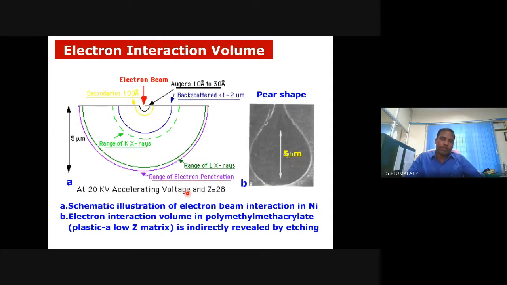This is another version. Someone has imaged that interaction itself. You see how crazy people are, working on the electron magnetic field. We are talking about it only on paper, about how much interaction volume it can make, but people have mapped it.